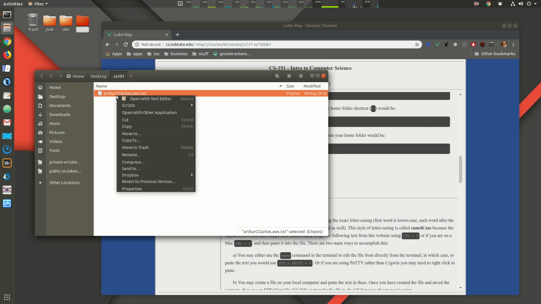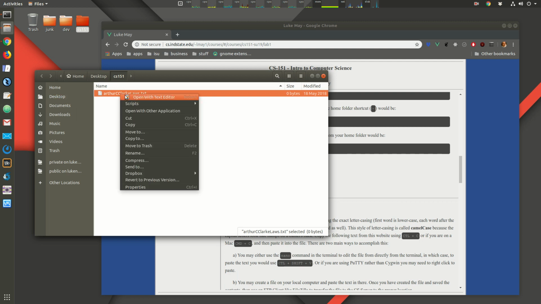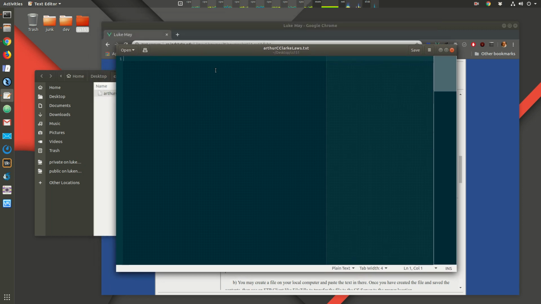Okay, now I can use whatever text editor I want. Eventually I'm going to want people to install Atom. It's a really good text editor, but the default one for Ubuntu is called gedit. For Windows there's Notepad. The Mac and Windows default text editors are pretty terrible, so you're going to want to get something else. You can get gedit for Windows. I think you can get it for Mac, but I strongly recommend getting Atom, and we'll have a tutorial on that as well. So anyway, we have this file open and it's empty, and so now I want to copy